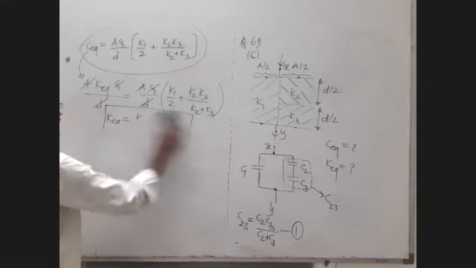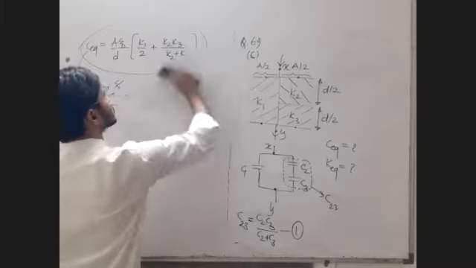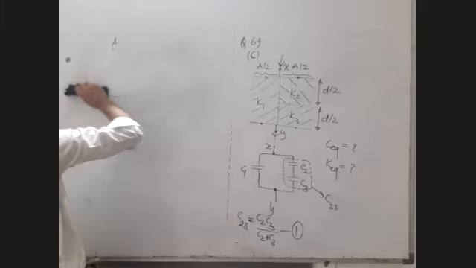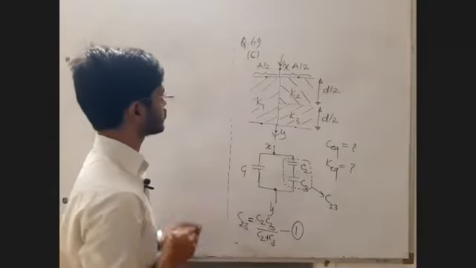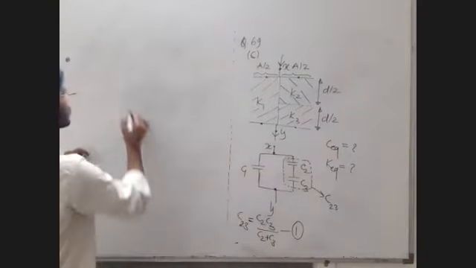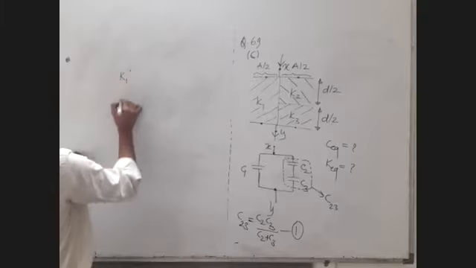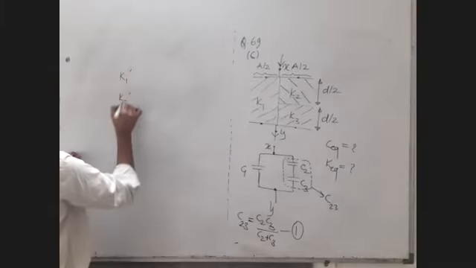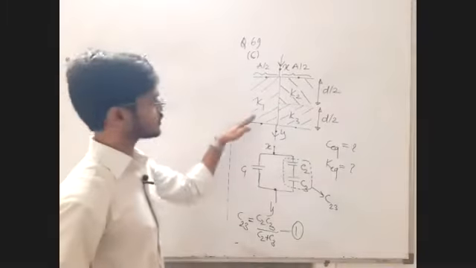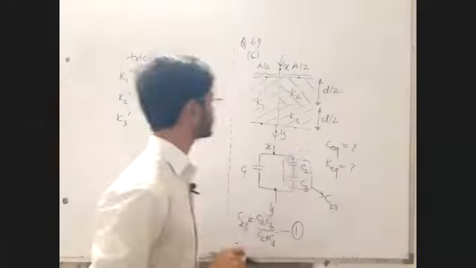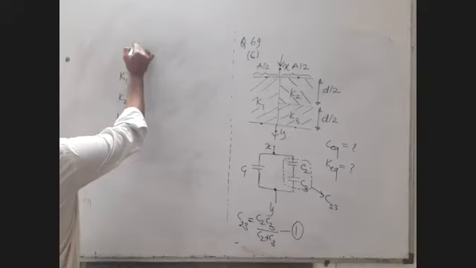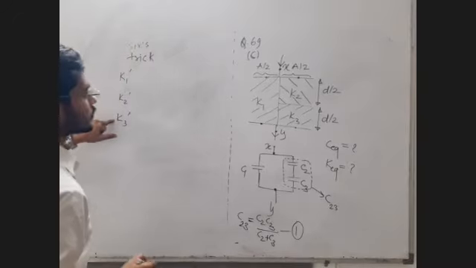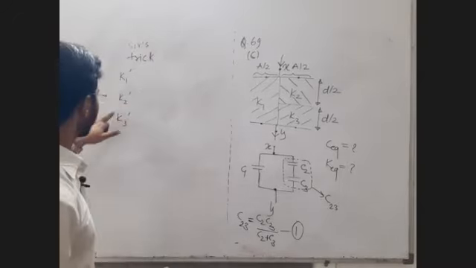And that way is this one. What I do is this. In my mind, I say A K epsilon 0 upon D. So for K1, I find K1 dash. For K2, I find K2 dash. For K3, I find K3 dash. Just by looking at this, I can solve the question for K equivalent immediately.